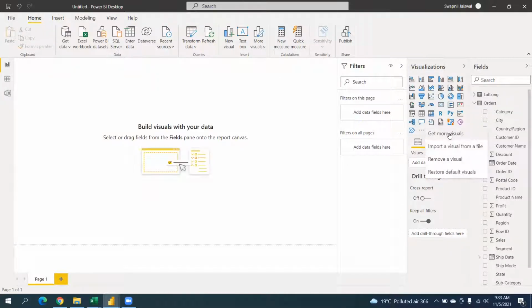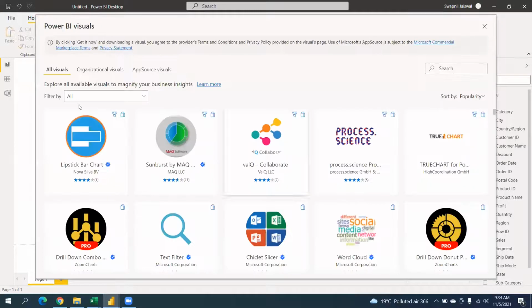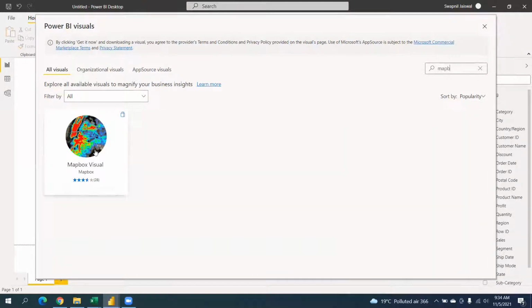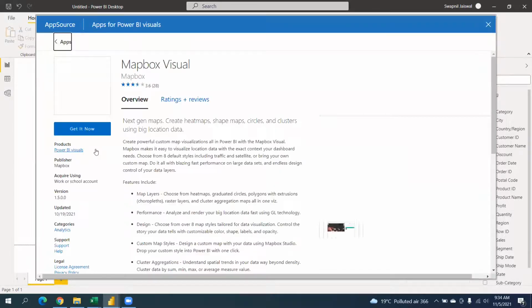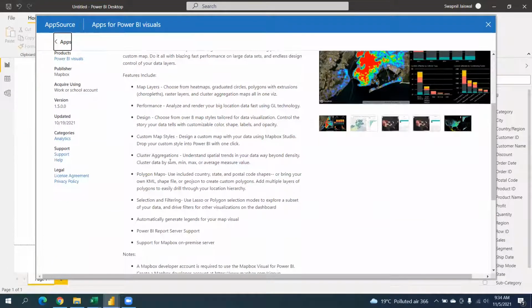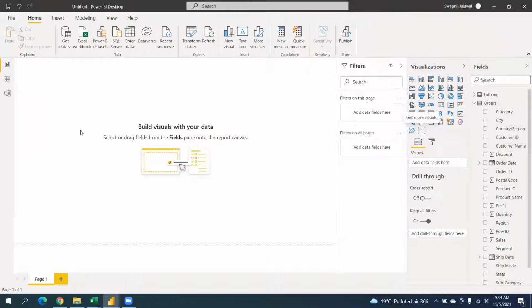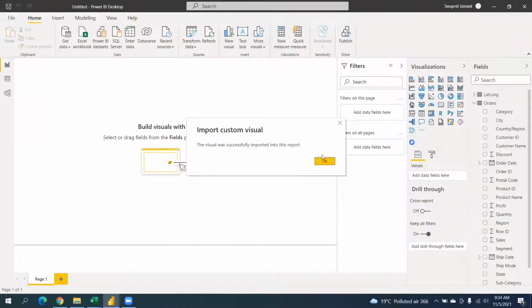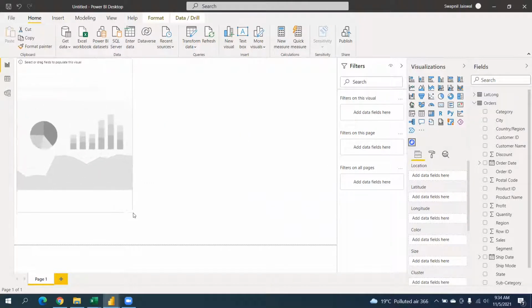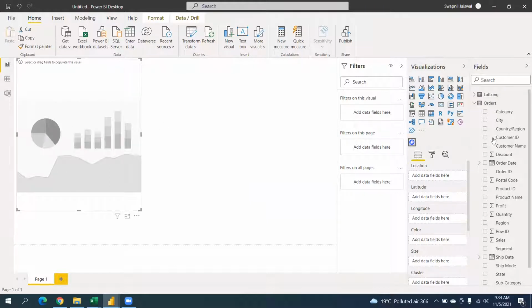So we'll go to here, get more visual. Mapbox visual. So yeah, this map you can use for heat mapping, shapes and map circle, clusters, and big data locations. This is the free version, so you can just go get it now. Once you do it, you just click on this visual. So the first time you do anything on this,